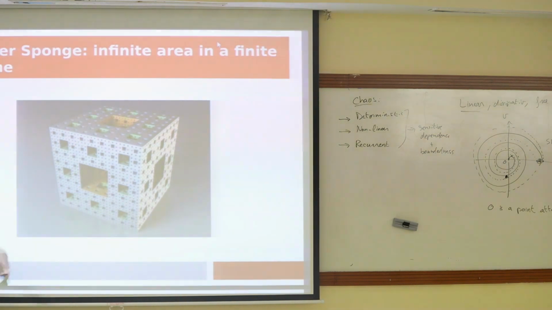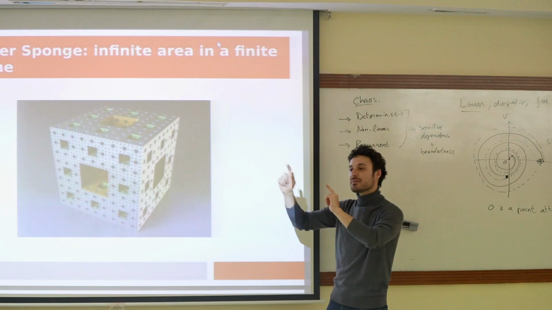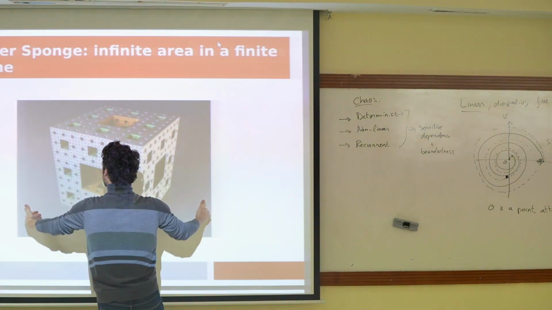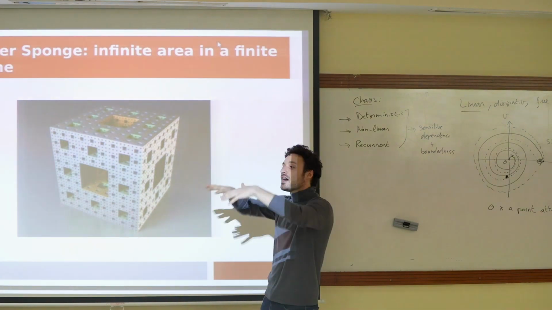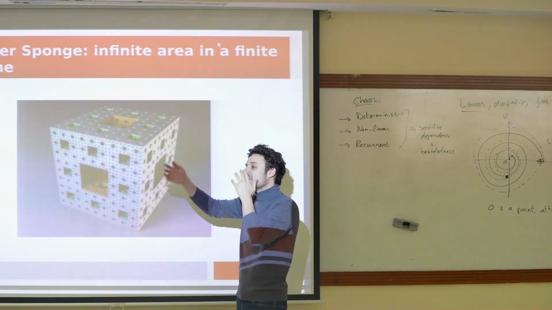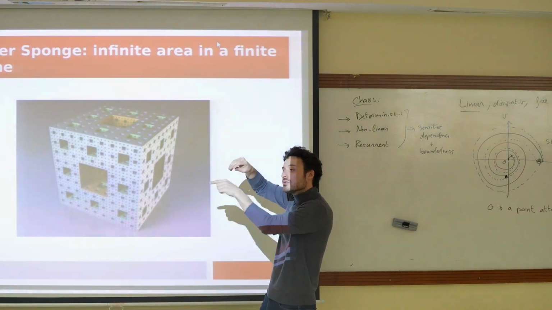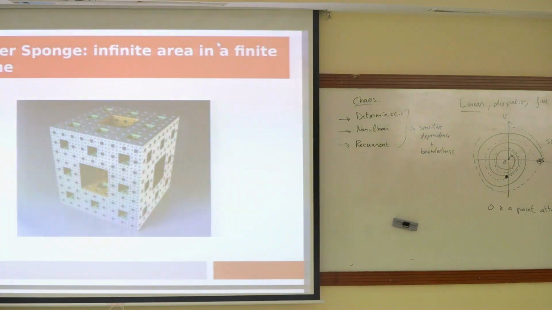It doesn't have any volume. This thing does not at any point enclose any finite volume. There is no volume here. What it does have, however, is infinite area. Because it's again the coastline problem, right? Except this time it's in 3 dimensions instead of 2. But the idea is that your Menger sponge is contained, you can draw a finite volume around here, but the sponge itself doesn't really have any volume. The sponge itself is just a series of more and more intricate surfaces that are textured. As you zoom in to every one of these things, you'll see smaller and smaller holes in the sponge. So, infinite area and a finite volume, right?